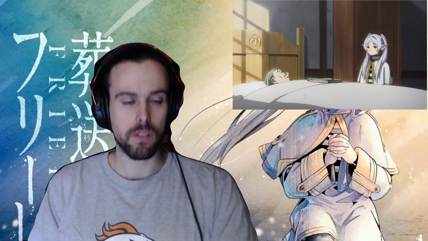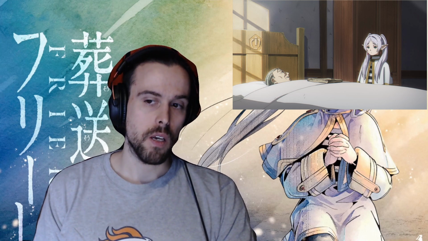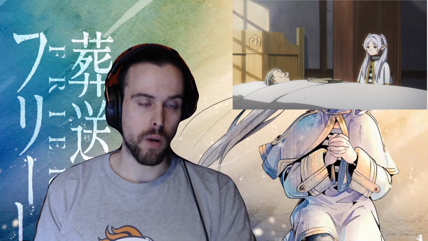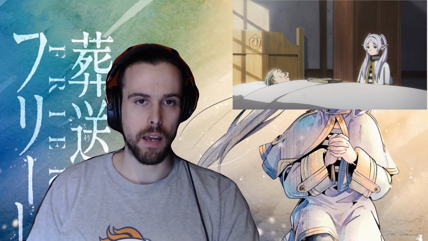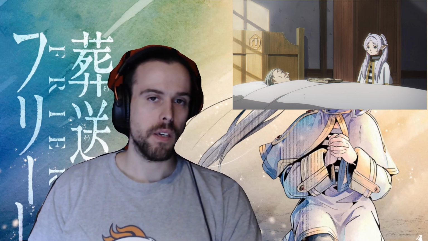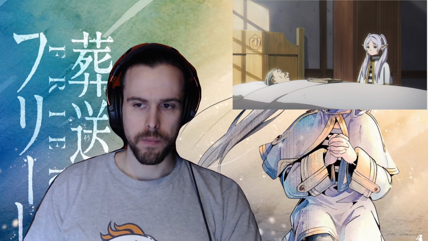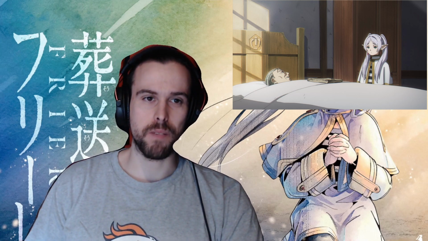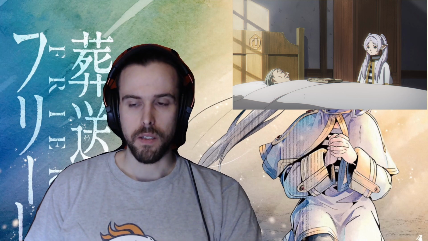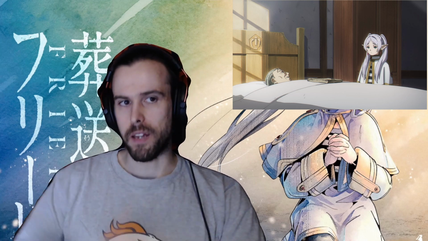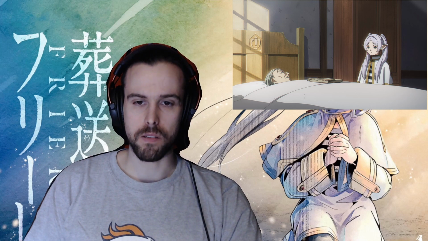But that is what characterizes her as a person, what characterizes Frieren, that she has a little bit of trouble connecting to the viewpoint and to the thinking of others, especially if it's not her own race, especially if it's not an elf who has the same perspective as her on life and its length and magic, maybe, right? Because her whole thinking is magic focused, and she's very interested in collecting these spells, and we're going to get into why that is a little bit later in the discussion.